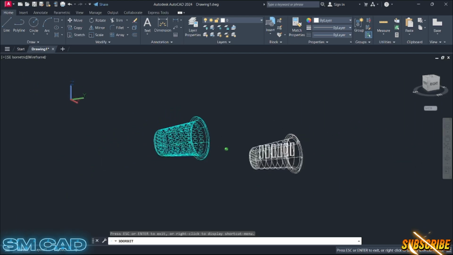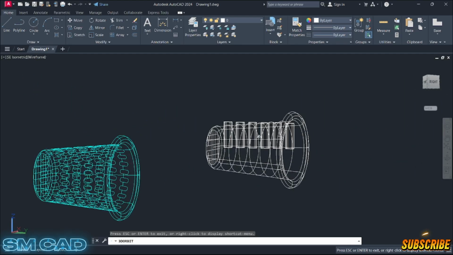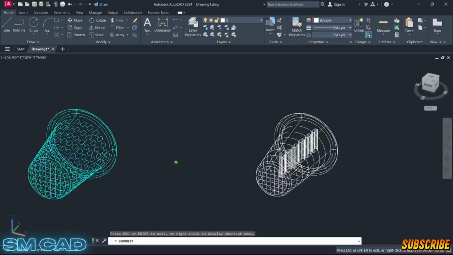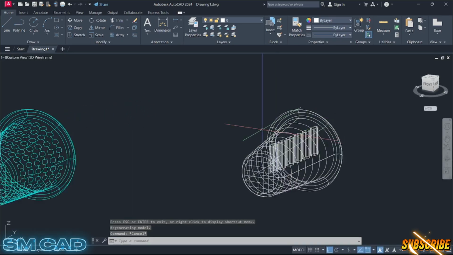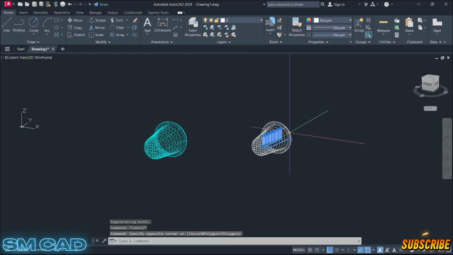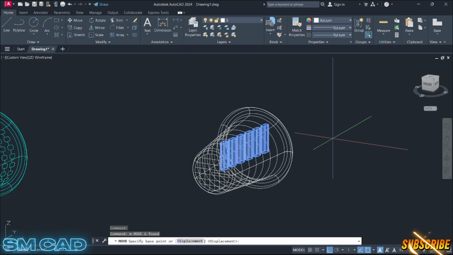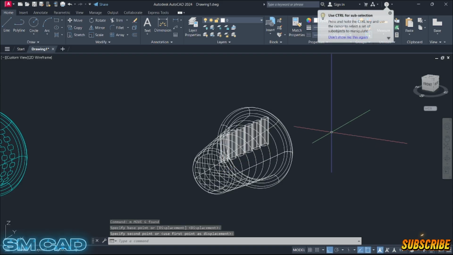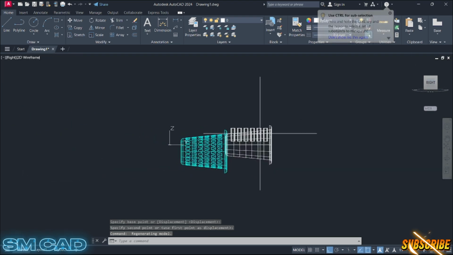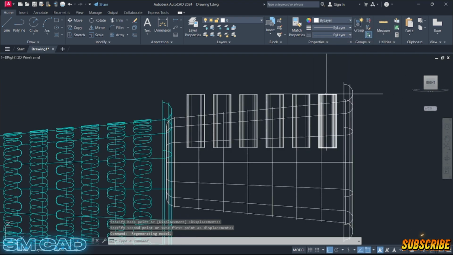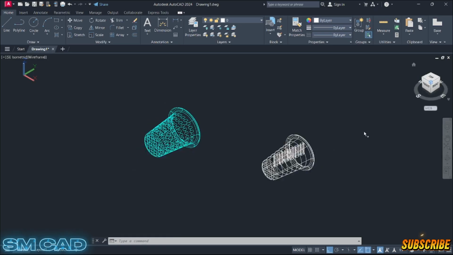You can see the extruded rectangle is not coming completely out from here. So we will just need to move these rectangles a little bit up. Or better we can go to this side. So easily we can see, yeah, now it's coming out from the dustbin sides. Okay. Now what we need to do, again we need to